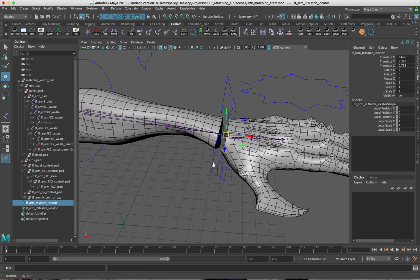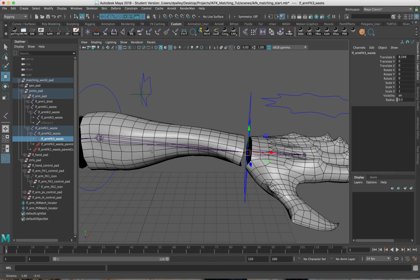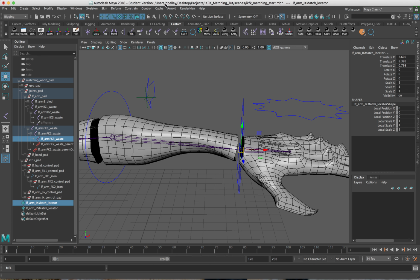So now I'm just going to constrain these to follow the FK system. So the IK locator here, that'll just follow the FK3 joint, so the end of the FK chain of the arm. I'm going to select the FK3 joint and the IK match locator. We'll go to constrain there. There we go. And for the pole vector locator, I'm just going to constrain that to the root of the